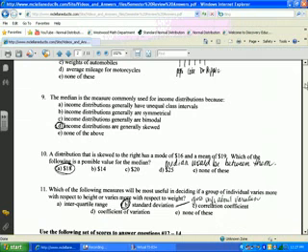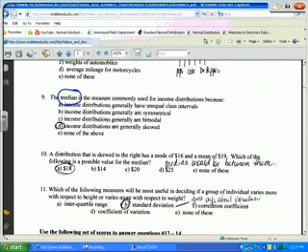I thought that one was kind of strange. The median is the measure commonly used for income distributions because. Okay. When would we want to use a median? Think back to the beginning of the year when we talked median as a better choice of measure because it's skewed. So that's how I came up with that. We would use median when it's skewed because the mean would be what if you have a skewed distribution?